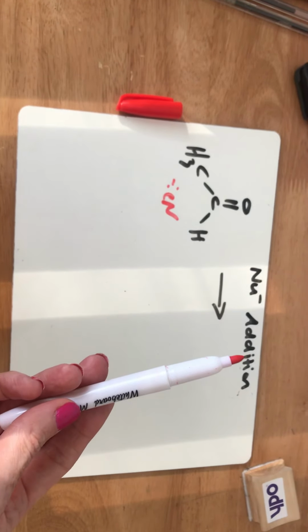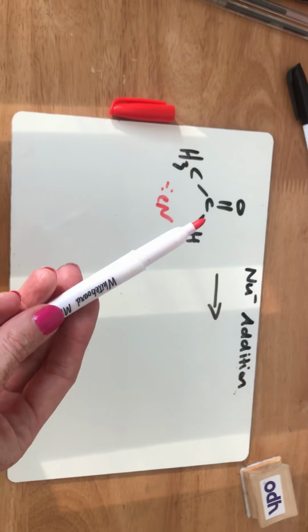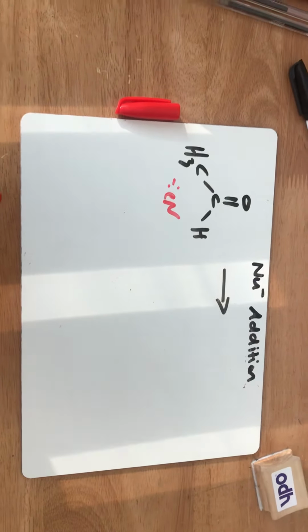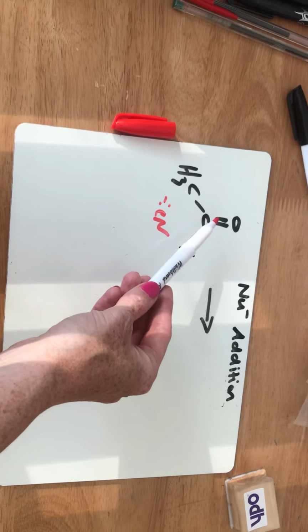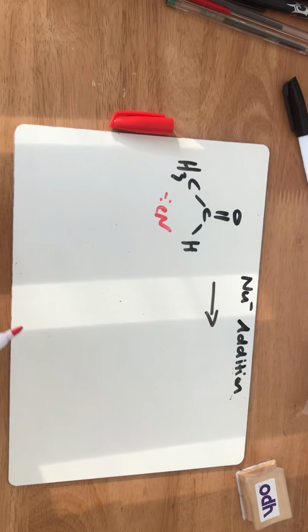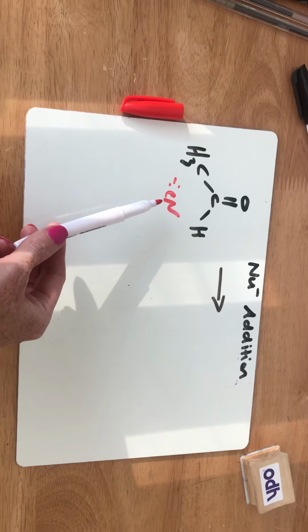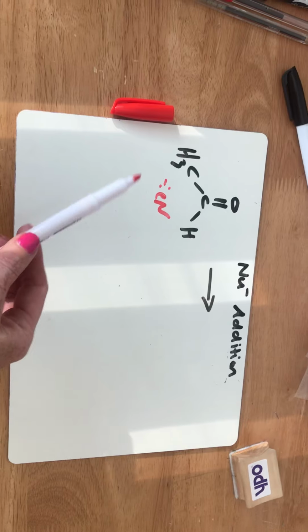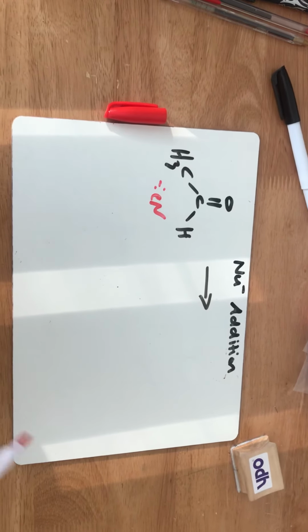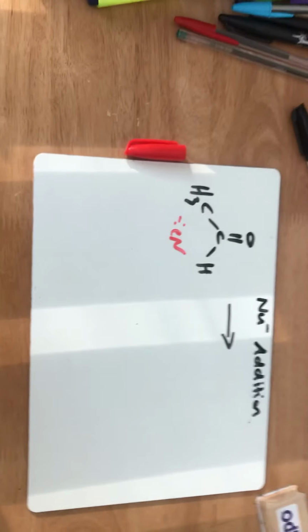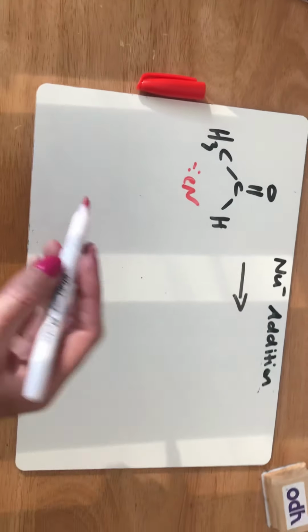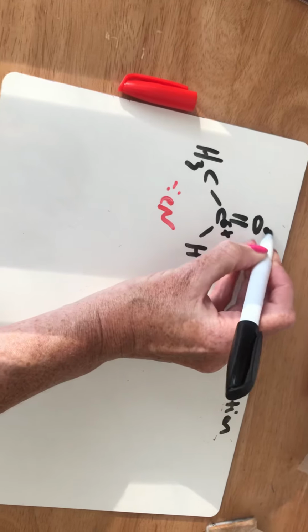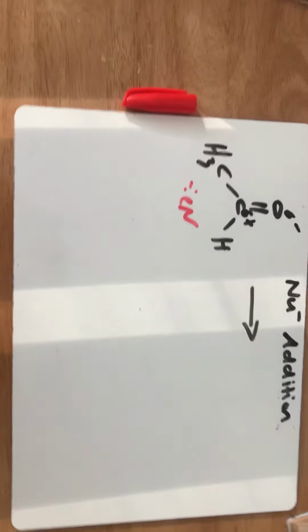It's an addition reaction, so we're going to add it across a double bond. We've done addition reactions on alkenes where we add it across the carbon-carbon double bond. This time we're going to add it across the carbonyl double bond. So here is our nucleophile, our cyanide. We don't add hydrogen cyanide, we add some kind of sodium cyanide under acidic conditions, because hydrogen cyanide is poisonous. So what happens is we need to stick some dipoles on here, delta plus, delta minus, and what happens,